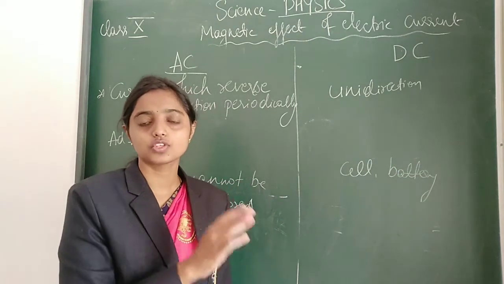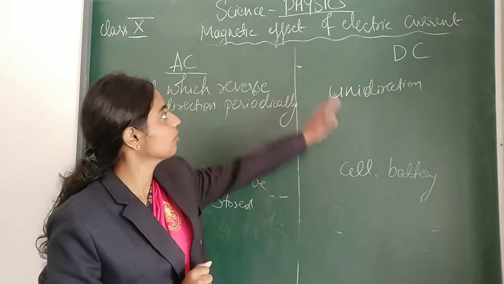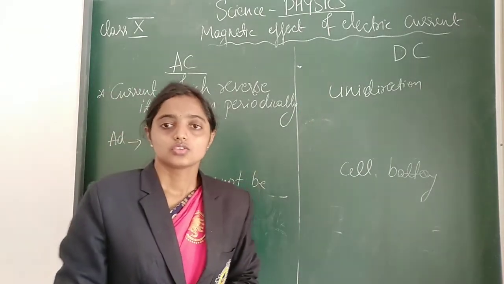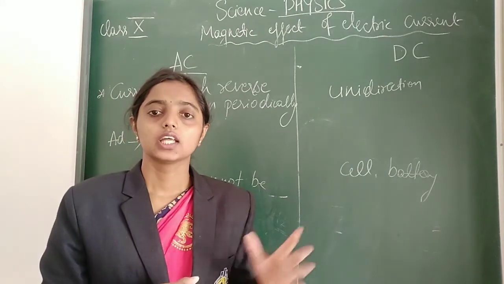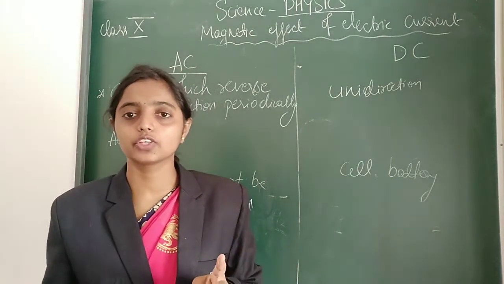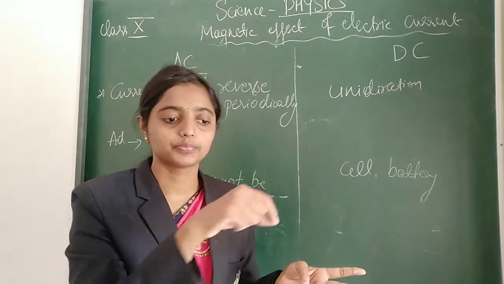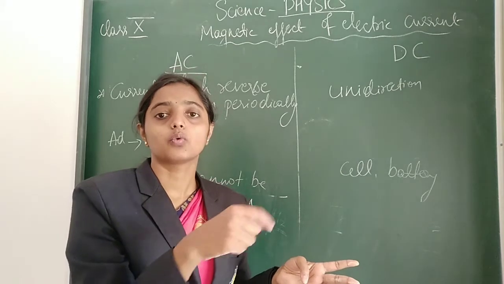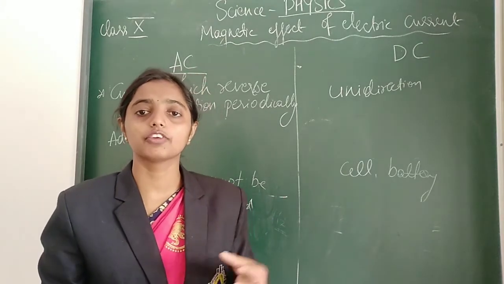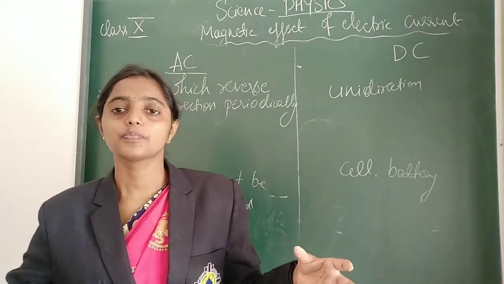So we have almost finished all the topics from magnetic effect of electric current. Let me recall quickly. First we learned many things with the help of activities. That is, the bar magnet, how the magnetic field pattern will be arranged, and what the direction was. Later on we learned different patterns of magnetic field lines with different types of conductors.